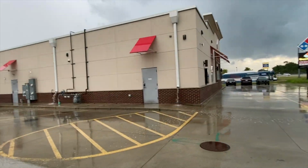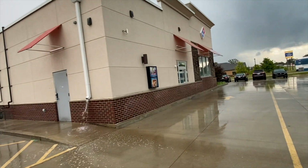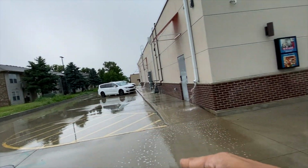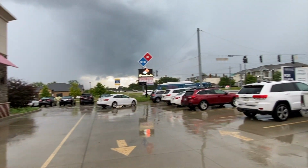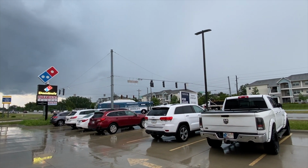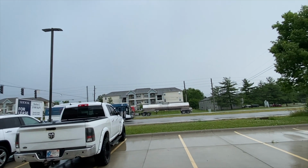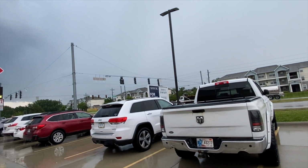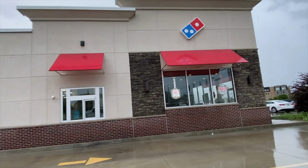Sometimes when I don't have time to cook, I just walk here, literally from there. That's our home to here. And then you can see the bus is coming. There are buses that go around. This bus is going somewhere else, but yeah, there are buses that will come that side. So this is Domino's,